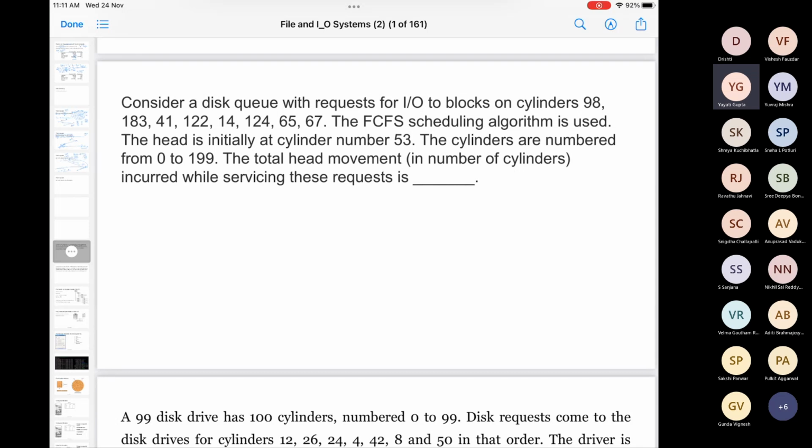So a cylinder is basically, if you consider the tracks of all the platters together, right? If you look at all the track number zeros on every surface and every platter, it's a cylindrical structure. That's a cylinder.